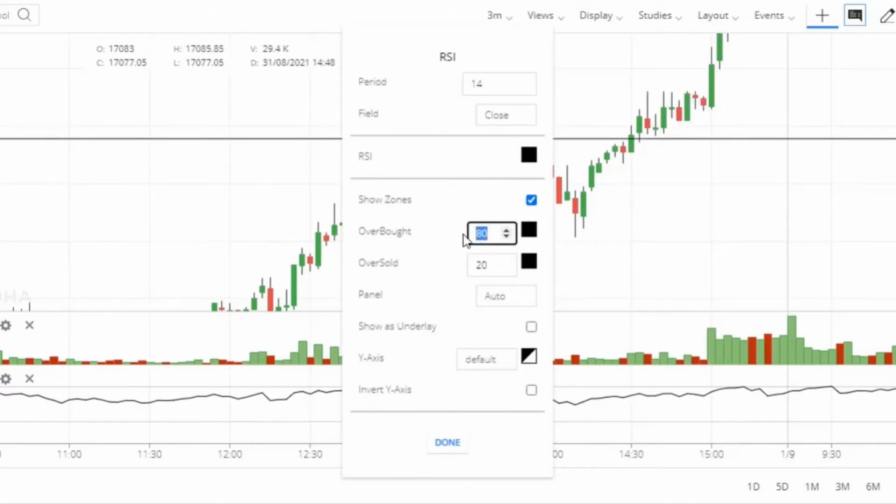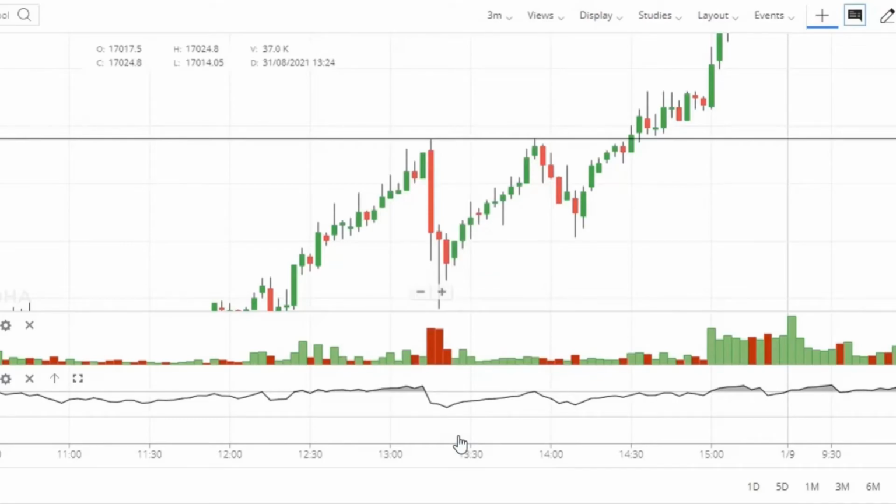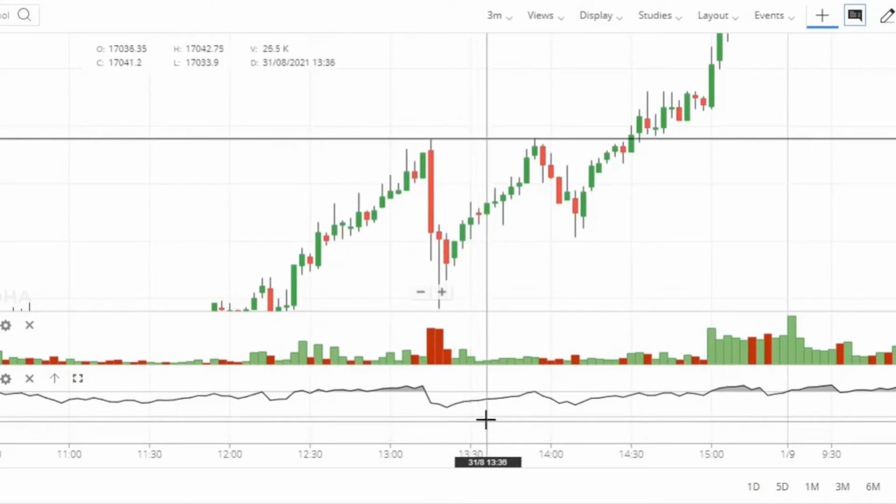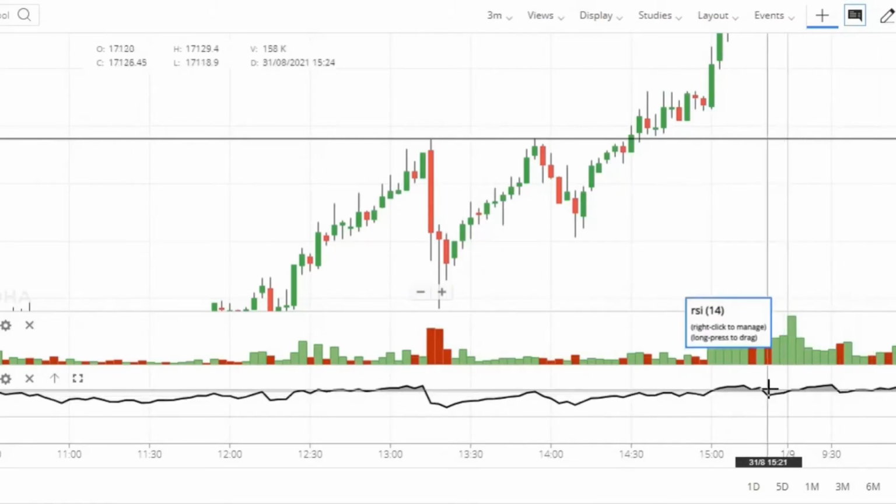We have to change the settings from 80 to 70 and 20 to 30. And we are not going to call these overbought or oversold zones. We are rather going to call these zones buying zones or selling zones, which means whenever the RSI is above 70, we are going to go bullish instead of getting bearish. Now, as I previously mentioned in the last video, this is a controversial statement, against how bookish RSI works,